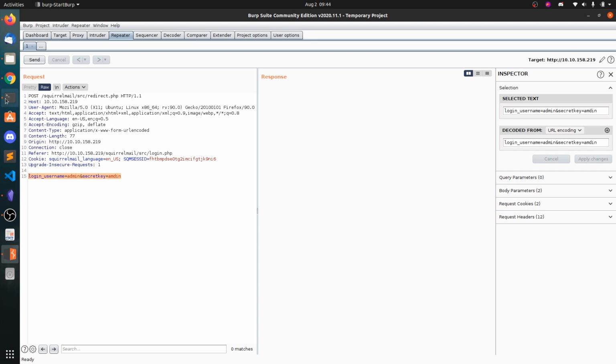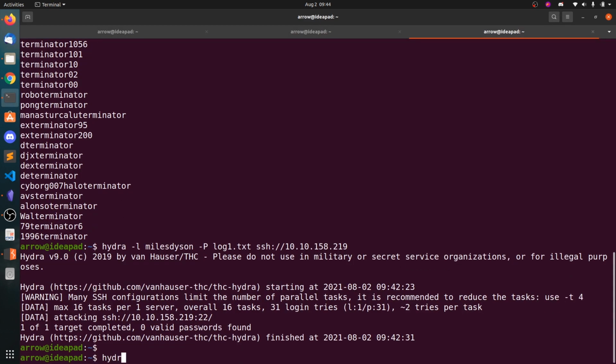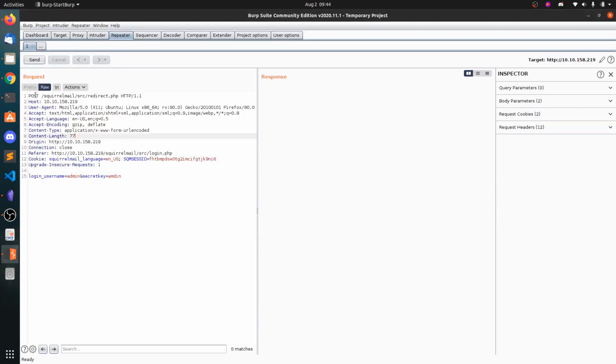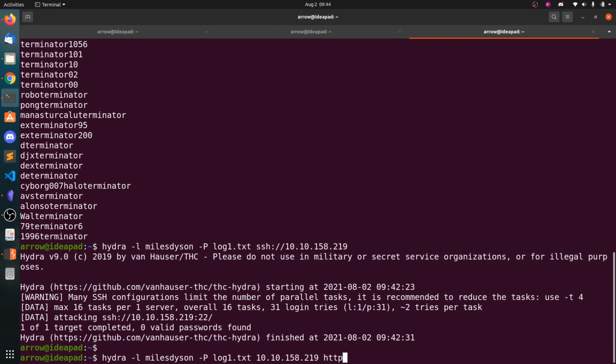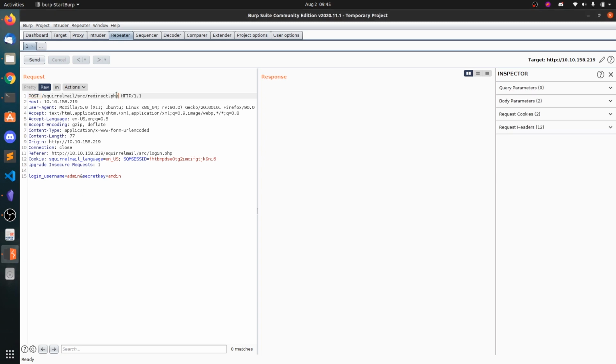Let's copy this one and we can use Hydra. milesdyson, log1.txt, and the IP address is 10.10.158.219, and this is the POST request. You can see the POST, so we can use http-post-form. So the following argument contains three parts. One is the POST URL, so that is this one. So copy this